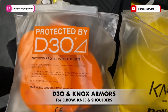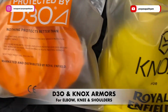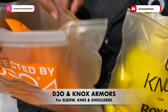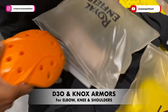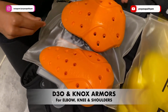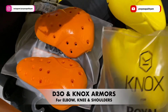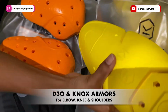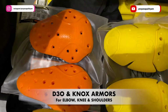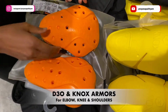So when it comes to the armors, there are two major players in the market. One is D3O and the other is Knox. And my dear friends, this is called D3O and not D30. Please take it from me, because I've seen so many people pronouncing this as D30 and not as D3O. So please correct it if you are wrong. And again,